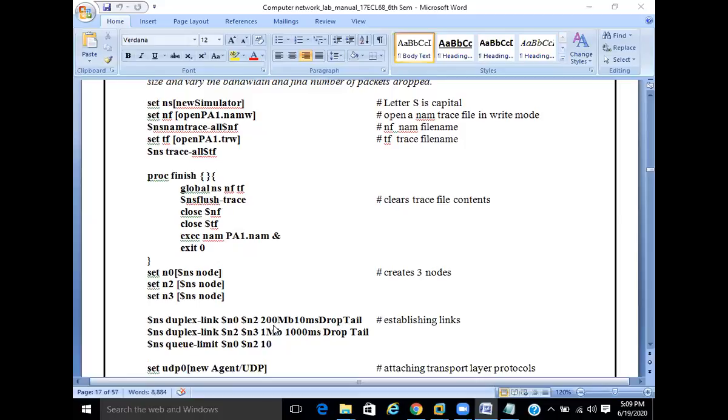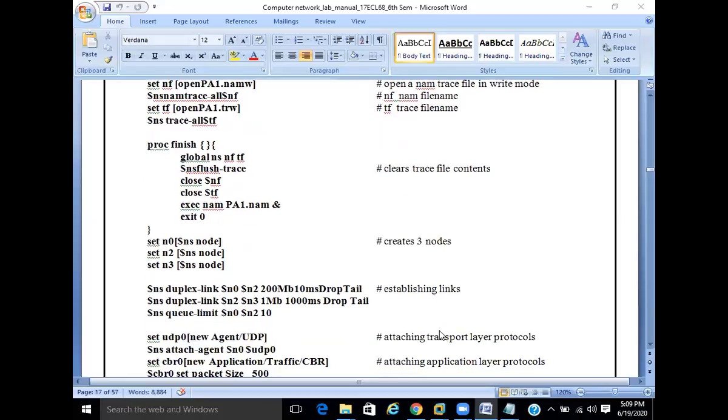Here the first bandwidth is 200 MB, for the second link it is 1 MB, and for the link between node 0 and 1 it is 10. By varying the bandwidth like this, you create the duplex links among the nodes and set the queue size. Once it is done, the links will be established among the nodes.